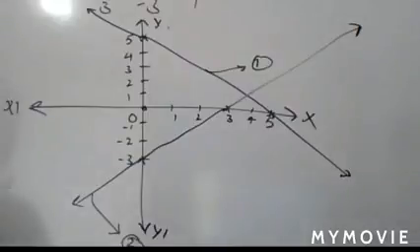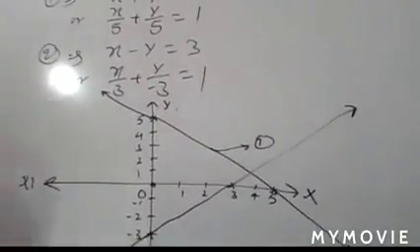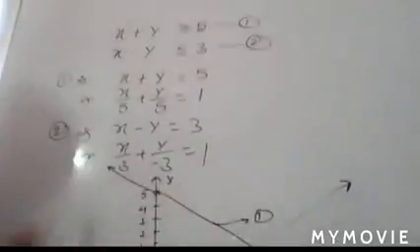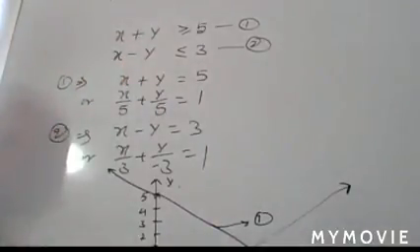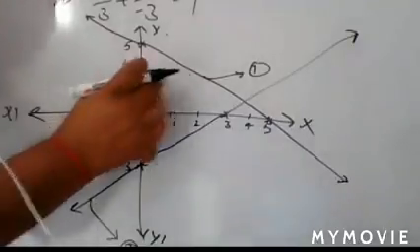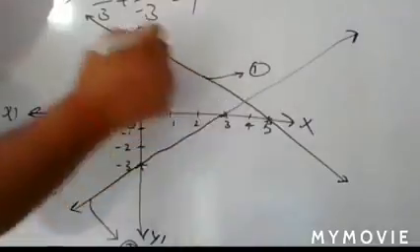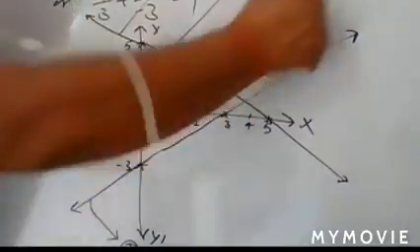Okay, now check it for test. Means you have to check it for the solution. Just check your first inequality. If you put 0 0 here, 0 greater than 5, that is not correct. 0 is not greater than 5. So test point 0 0 does not satisfy the first line. So you have to set your portion away from the origin. This is your first line, so you set your portion away from origin like that.